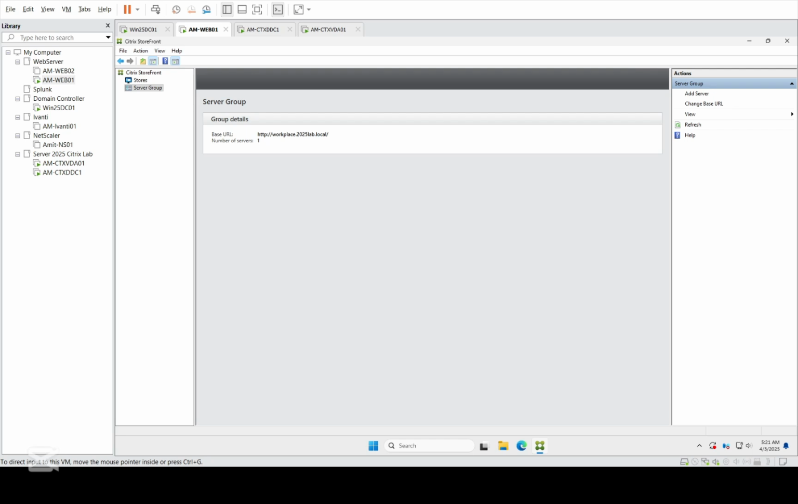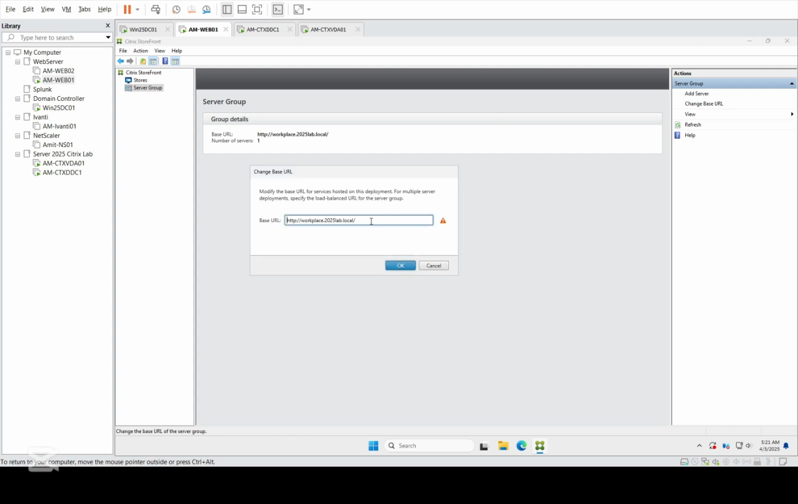group, and you will use HTTPS. How you can change the base URL: you can go to the storefront server group and click on it, and you can change it to HTTPS or a different one, that will be the link for the users who will connect in. And